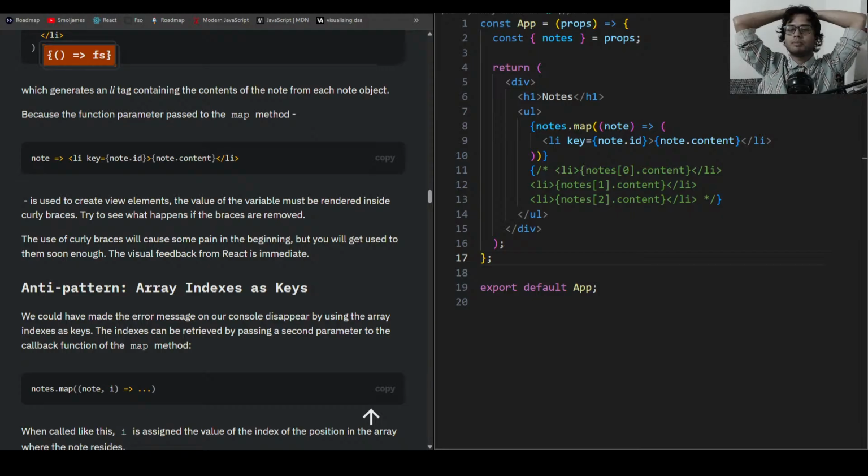Try to see what happens if the braces are removed. The use of curly braces will cause some pain in the beginning, but you will get used to them soon enough. The visual feedback from React is